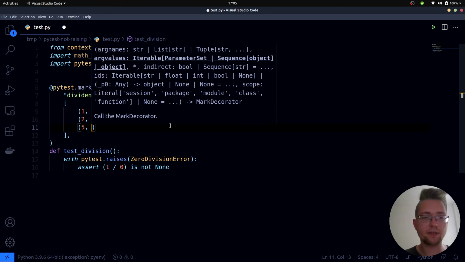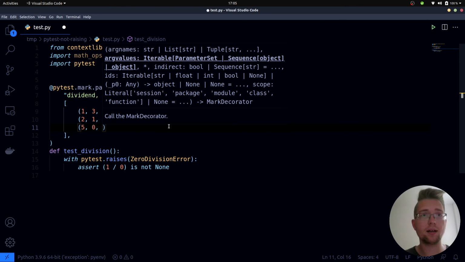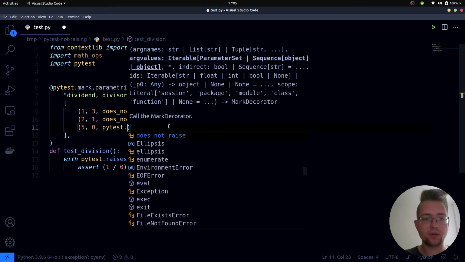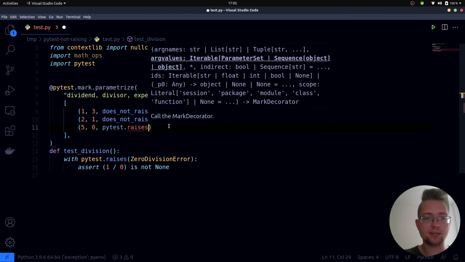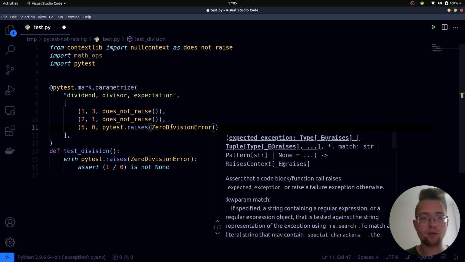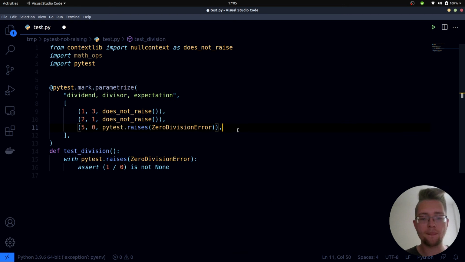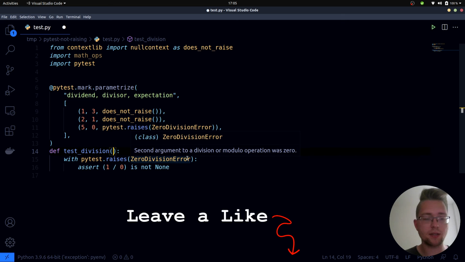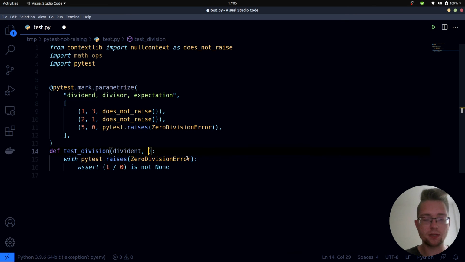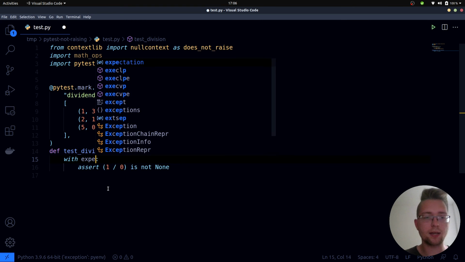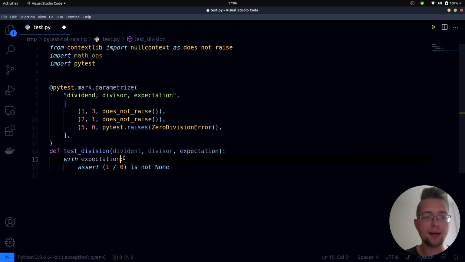And if we have, let's say, 5 as a dividend and 0 as the divisor, I expect that something is raised, so pytest.raises(ZeroDivisionError). And let's complete the function signature. So we have the dividend, the divisor, and the expectation. Now we can write something like with expectation, because in every case we get a context manager back, and inside of it we can say that